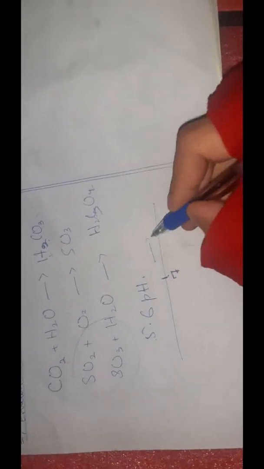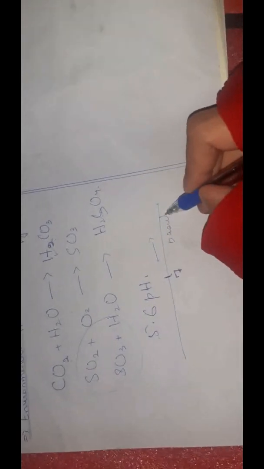If you remember your pH scale, the neutral elements or the neutral compounds have a pH of 7. The more we increase the pH, its basicity increases, whereas if we decrease the pH, its acidity increases. So the rainwater actually has a pH of 5.6, which is more acidic, right? So it is acidic in nature, but its acidity level is less as compared to sulfuric acid and nitric acid,